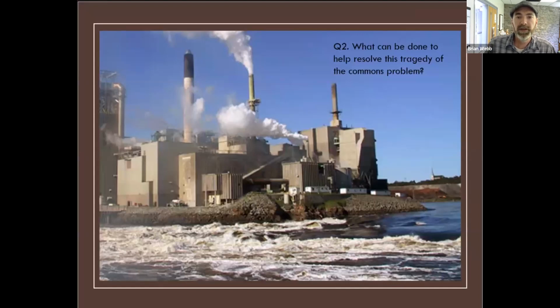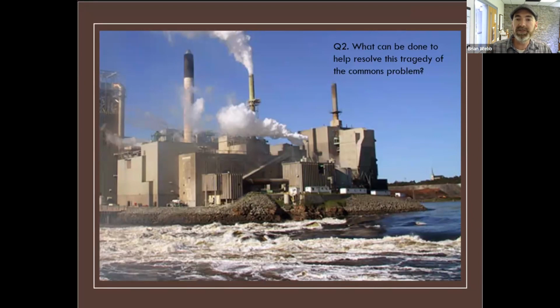So, question for you: what can be done? Okay, here's a scenario I want you to think about. Imagine a factory like this that is polluting a river system. So let's pretend that this factory is polluting this river system. That pollution in the river system is causing negative consequences for everybody who lives nearby, people who use the water for irrigation or for drinking water. It makes the town downstream ugly and smelly. So there's a lot of negative consequences of this.